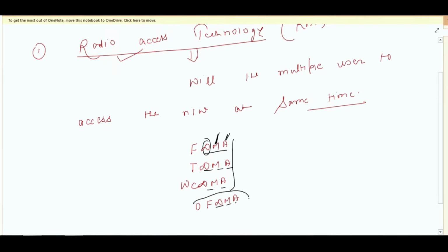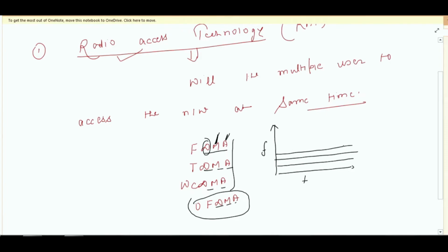Coming to LTE, we use the OFDMA technology. Actually, if you see in FDMA, TDMA, what happened? In those RATs, users are allocated with the single carrier. Say in FDMA, suppose this is your frequency, this is your time. So the whole frequency was divided into number of frequency channels. See, in frequency domain, I am dividing the frequency into small frequency channels. So it can be frequency channel 1, F1, F2, F3, like this way,